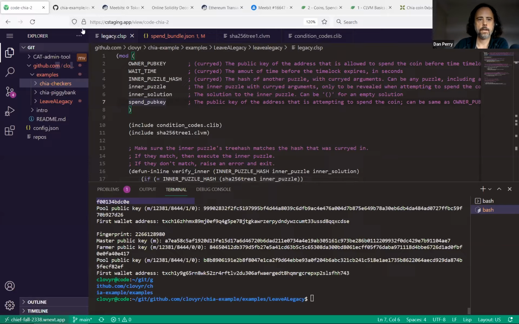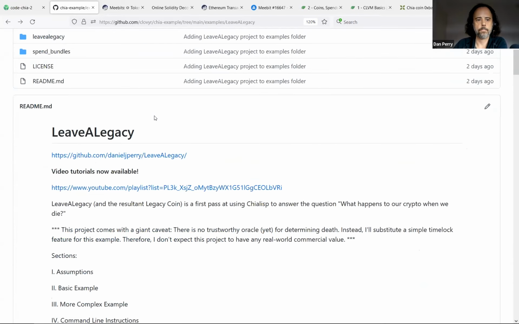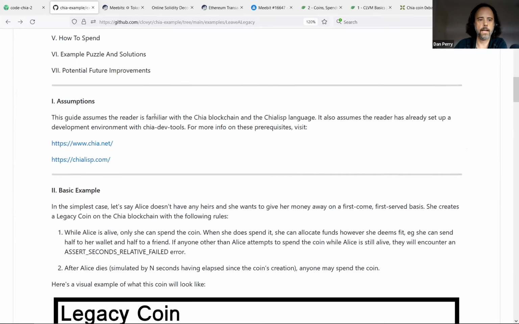And to start out, what is this project? This is going to be trying to solve a real world problem, which is when you die, or when somebody dies, what happens with their cryptocurrency? I think this will be an issue going forward in time because if you don't have a great way to pass on your private keys, then that money could just be bricked. And so what I've created here is a smart coin, and I have a whole README here,